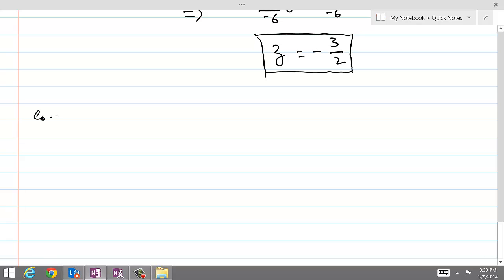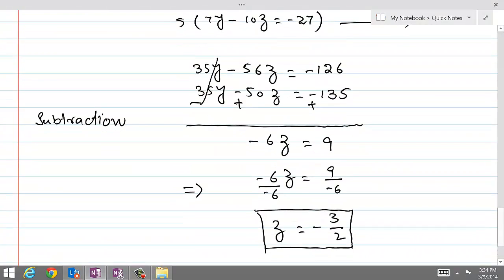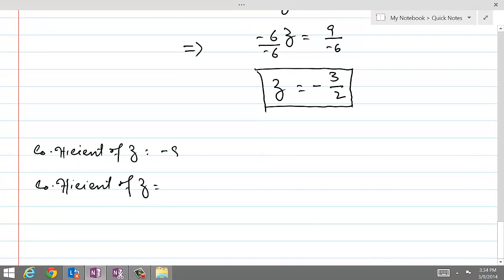So coefficient of z in equation A and equation B, and these are minus 8 and minus 10, and we are going to rewrite the equations here. 5y minus 8z equal to minus 18, and 7y minus 10z equal to minus 27,